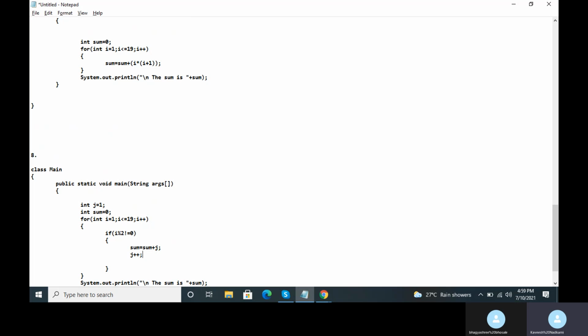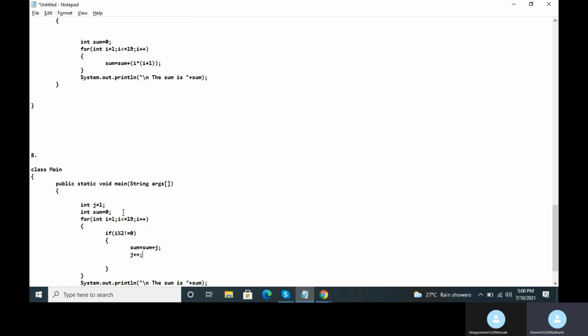Now notice this j plus plus should be inside the body of the if block here. Because only when the condition I%2 is not equal to 0 becomes true, which means you are on the odd numbered element in the series, then it means that the value of j is getting increased by 1. Okay. Because see, if you notice, if the photo is in front of you, the first term is 1, second term is 2.